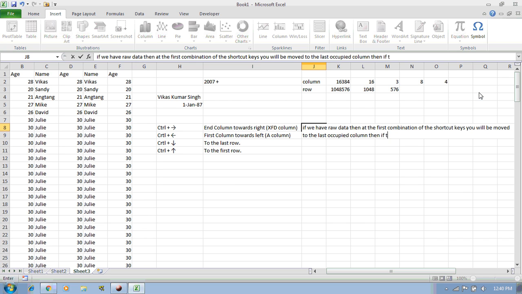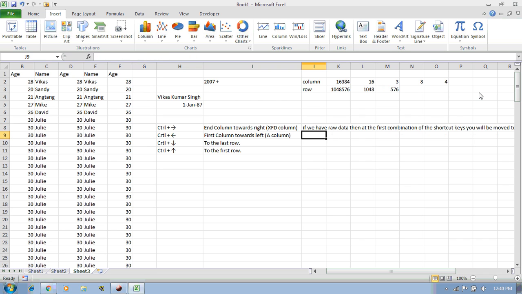Then if you press the combination again, you will be moved to the last column, which is the XFD. So I have explained these shortcut keys to you.